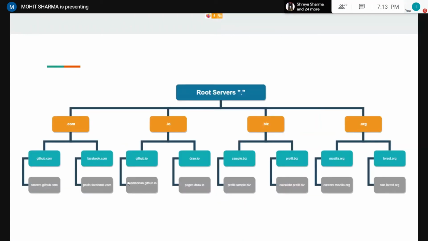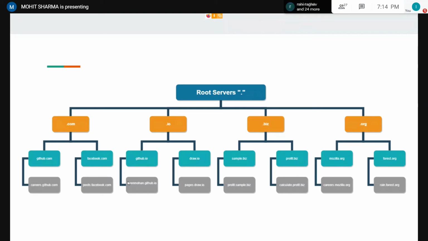Now, there's only 13 root servers maintained by 12 organizations, and these root servers are the absolute authority. Root servers don't directly contain any DNS records, but they have references to all major top level domain servers. In practice, however, queries to the root servers are quite rare because, as you ascend up the DNS ladder, chances are you will come across a server that has the record you're looking for in its cache or its zone file.